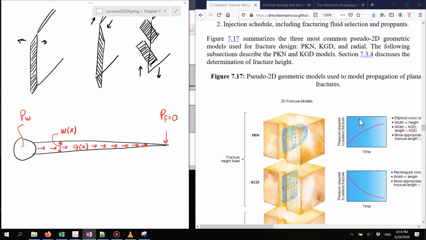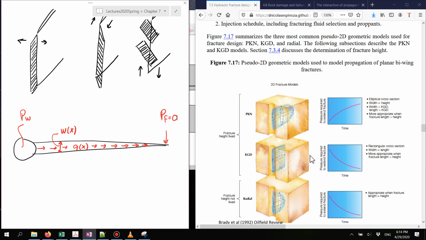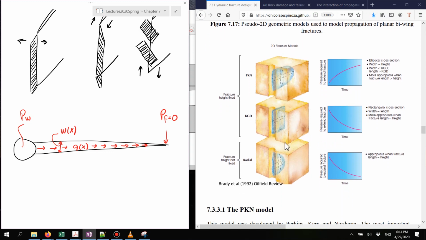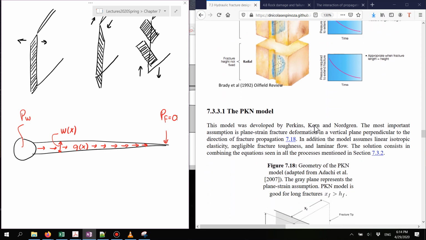These are called the PKN, KGD, and radial solutions that will tell us what is the fracture length, the fracture width, and the pressure at the wellbore as a function of time. And for these three solutions, what they do is they assume three different shapes. And these shapes, in the PKN solution, I'm going to go in detail now about each of these,